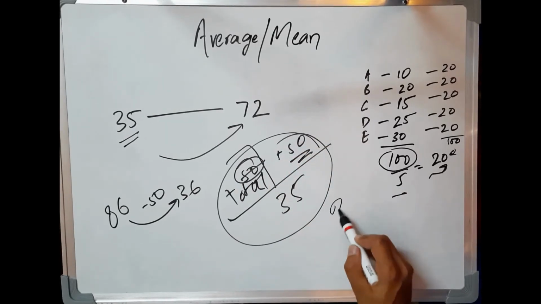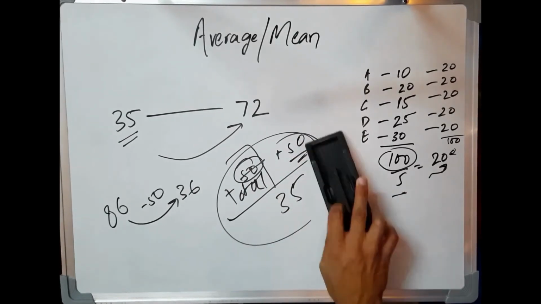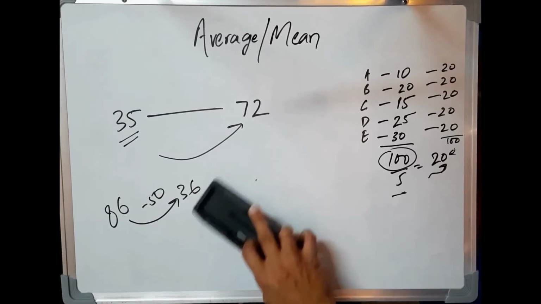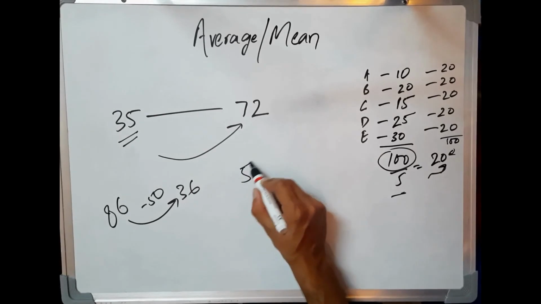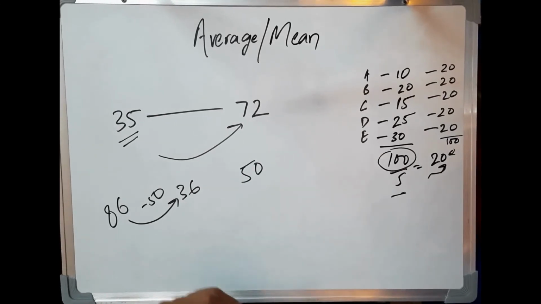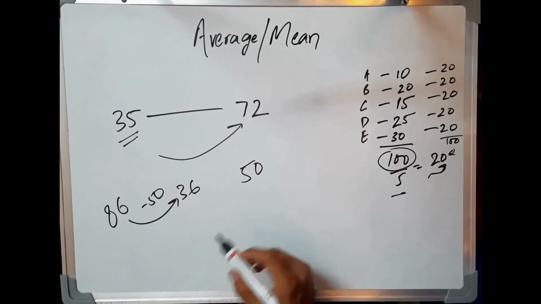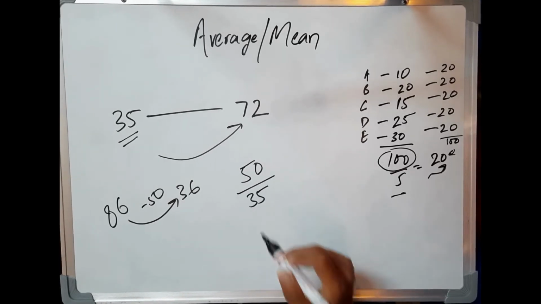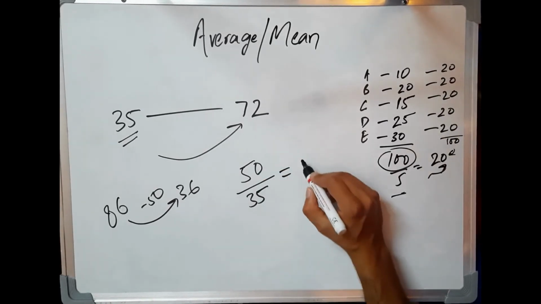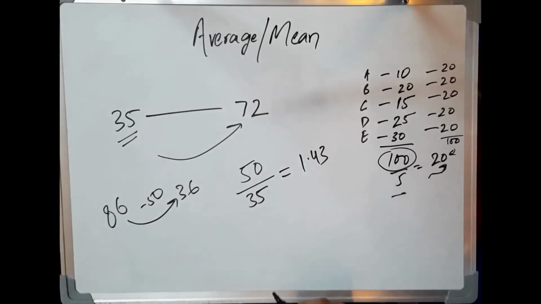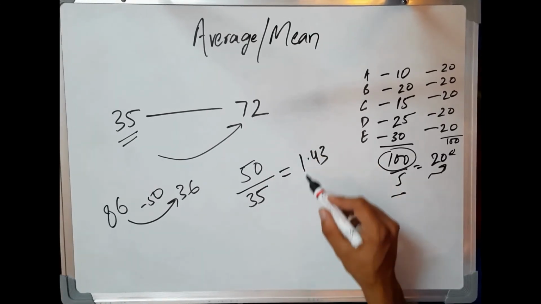But let me remind you something. As I mentioned, anything added or subtracted from the data affects the entire elements in the data. Similarly, by adding 50, we'll see something similar happening. We can avoid all the calculations and calculate just how much this 50 is going to affect those 35 students by dividing the 50 with 35. I'll get 1.43 as an answer, which implies a change of 1.43 will manifest in the data.